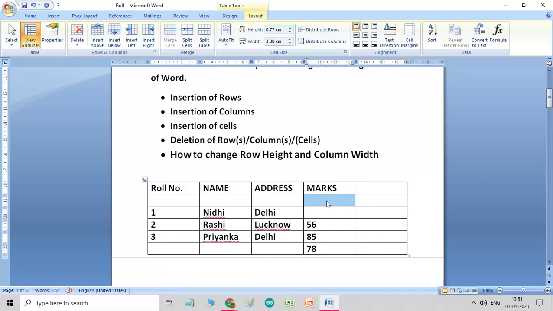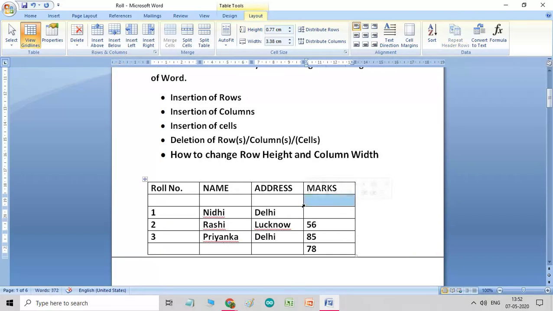Now, I want to delete this extra column. So, we will learn how to delete rows, columns or cells. Simply select the row or column. Just select the column first. Then you go to the Layout tab, then Rows and Columns. Here is the option Delete, and as soon as you click delete, it will ask you delete cells, delete columns, delete rows, delete table. So I need to delete columns, so just simply click on it. Then the extra column is deleted.